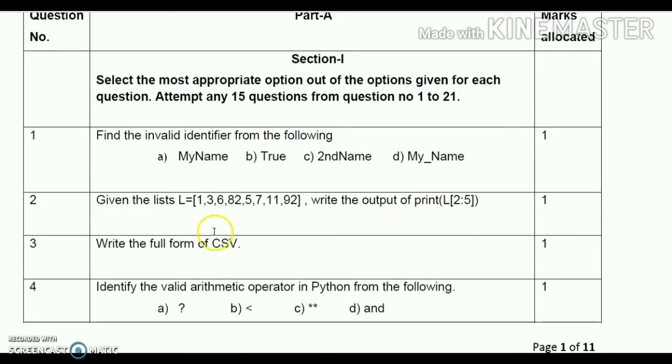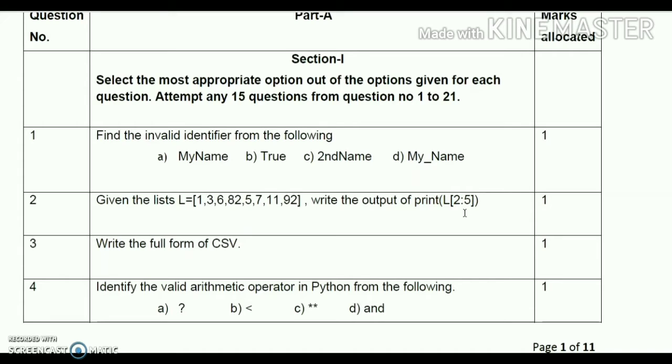So the second question: given the list L is equal to 1, 3, 6, 82, 5, 7, 11, 92. Write the output of print L of 2:5. This statement will give the output from 2 to 5. Here only start value and stop value, no step value.